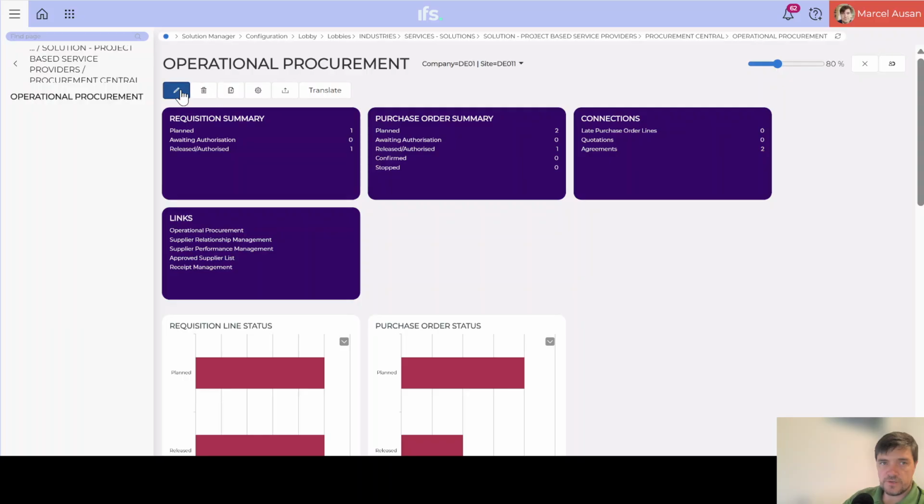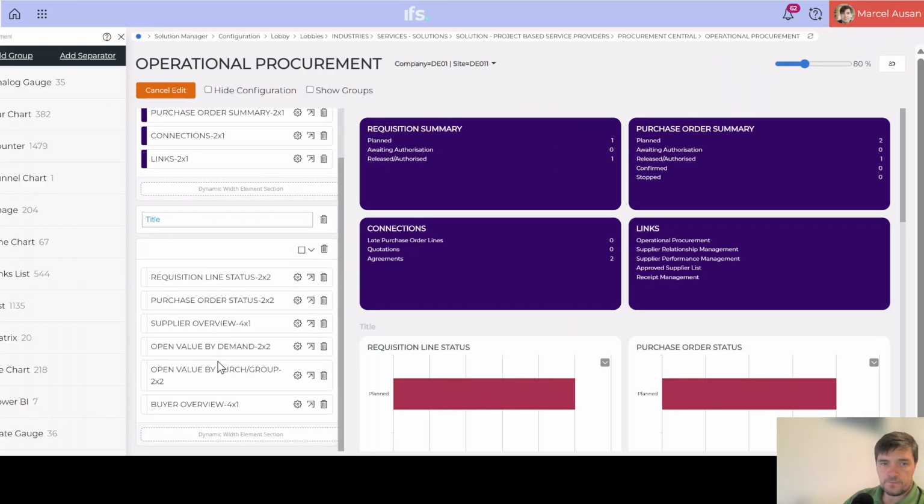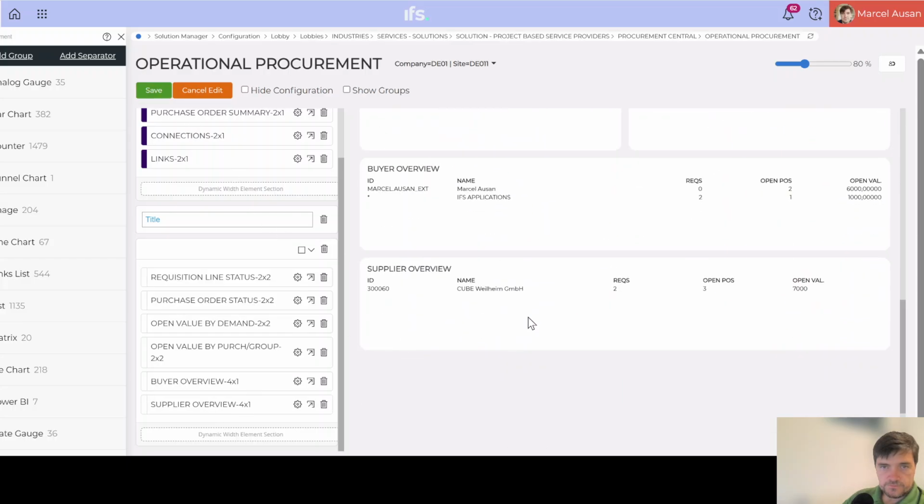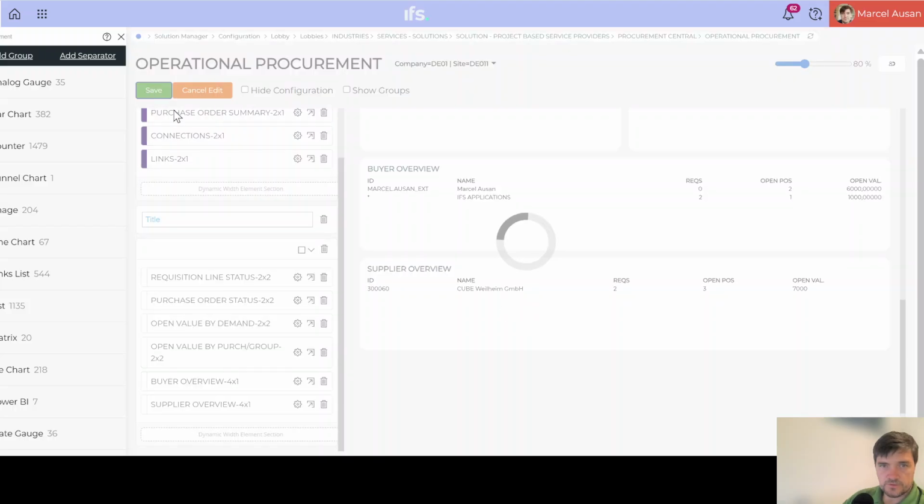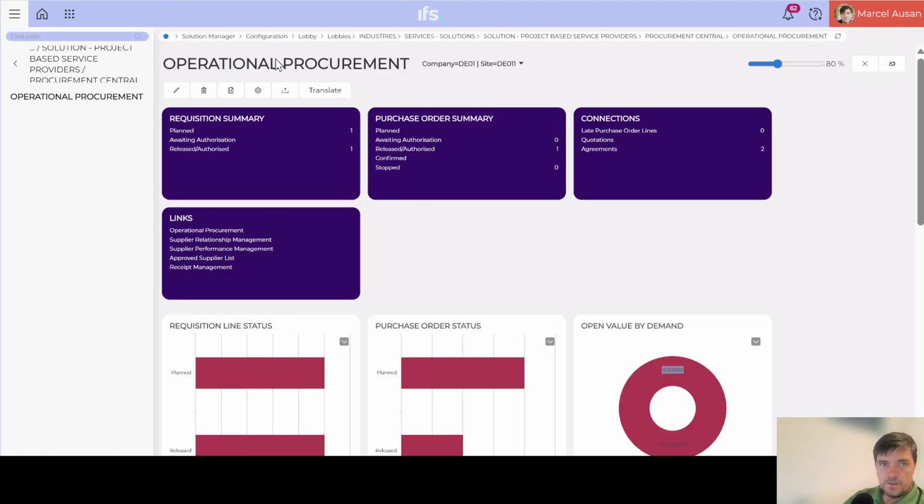If I go again to edit, let me bring it back down. Supplier overview was below the buyer overview. Yeah, and now supplier overview is below, so we can save it. If we go again to edit mode,